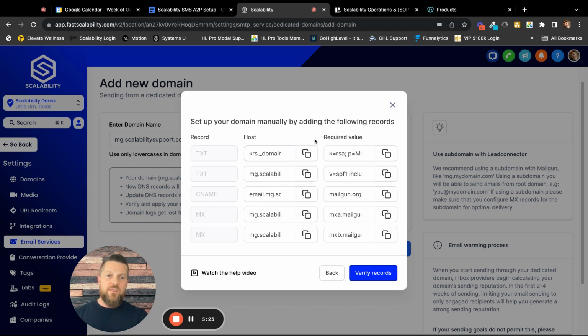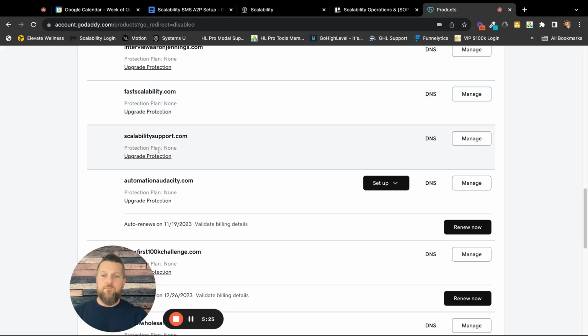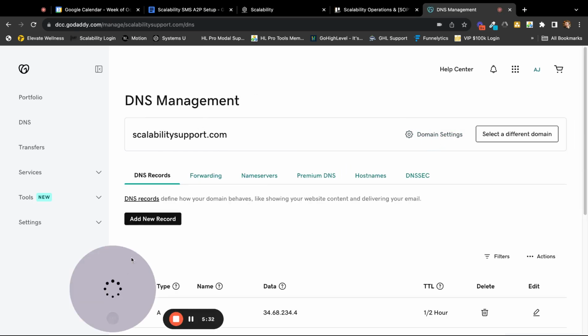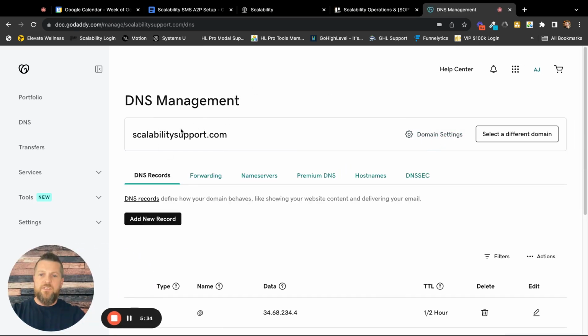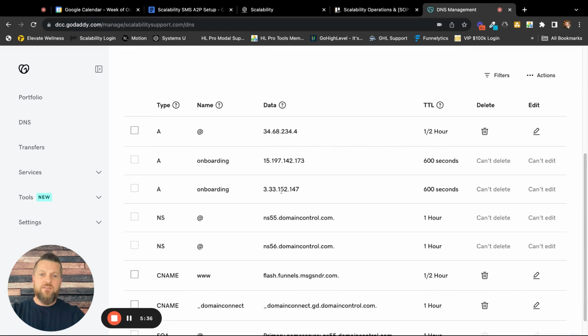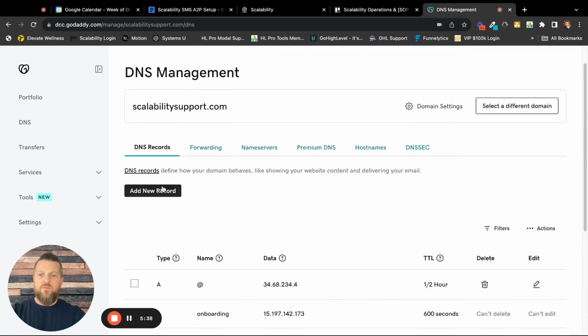So in each one of these, I'm going to go to GoDaddy and find my domain, find the DNS records, and click on DNS. And then see here, you'll see scalabilitysupport.com. Right underneath it, you see DNS records. And then here we've got add new record. Wherever you bought your domain is where you're going to do this for your DNS. So if you got it at Namecheap, Porkbun, SiteGround, doesn't matter. You're going to go in there and find wherever your DNS records are, and then you're going to click add